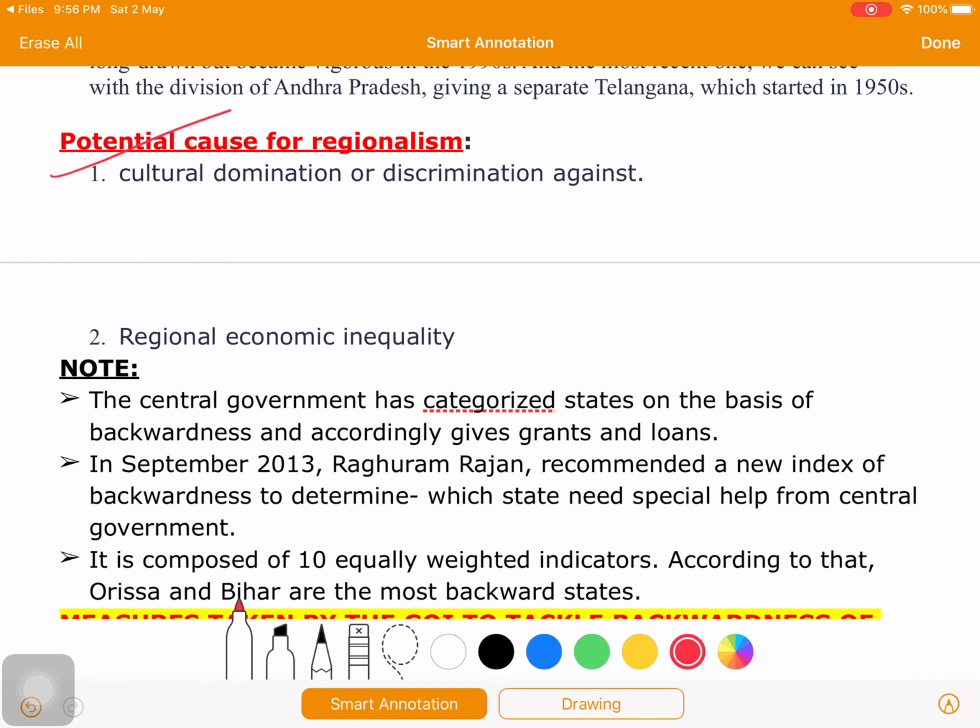And the economic inequality which exists within the regions of India is a potent time bomb directed against national unity, because it can be seen as a threat to national unity and political stability. But this potential cause did not take the shape of regionalism. Why? Even though these two can be seen as factors for regionalism in India, the true shape of regionalism in India is still not highlighted.